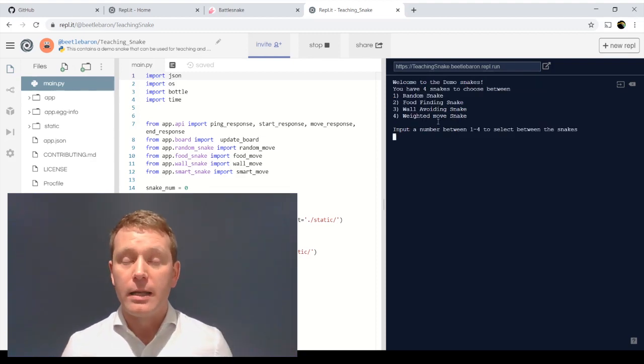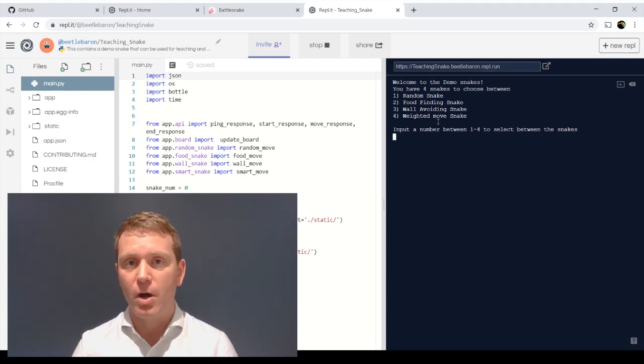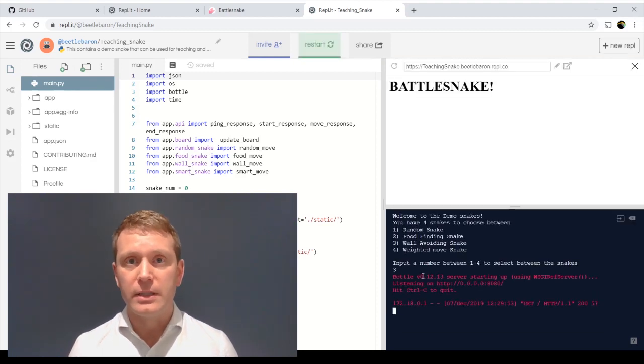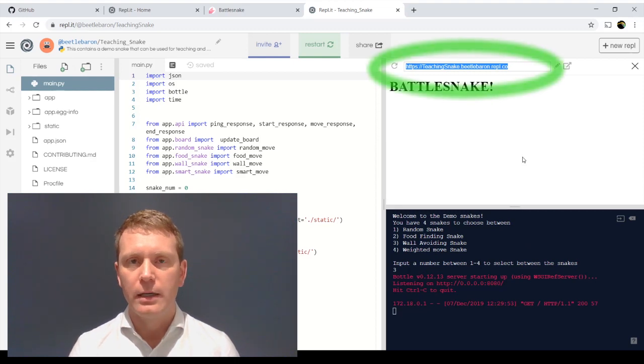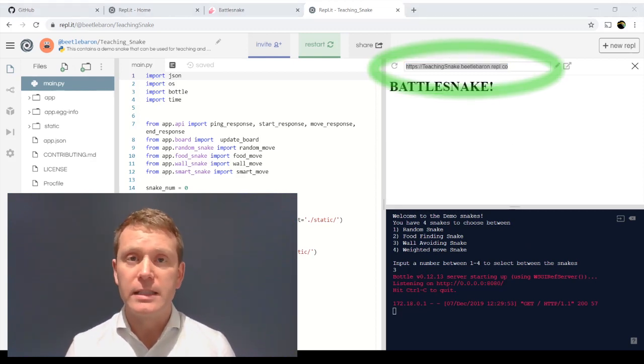All right, now that all of the packages have loaded, we can see that we have this command prompt here. So enter the number 3, hit enter, and then our snake is running. You can see that it's running because it's red. That address that we saw before, take a copy of it, because we're going to need to take that over